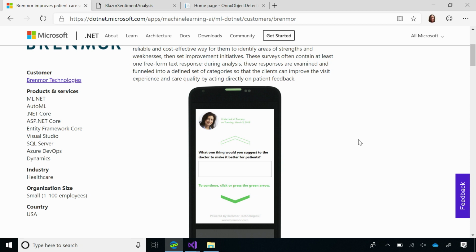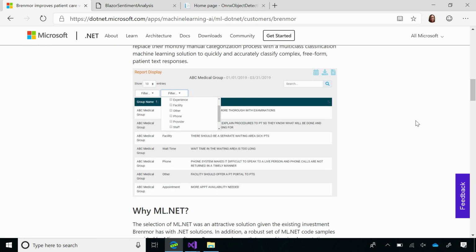And so what they're using ML.NET for is classification of those comments. So both to say if it's toxic or non-toxic, so is this good or bad feedback, but also to put it into categories such as experience, facility, provider, staff, and things like that, and it'll automatically route to the correct personnel. It sounds a little bit like GitHub issue routing.